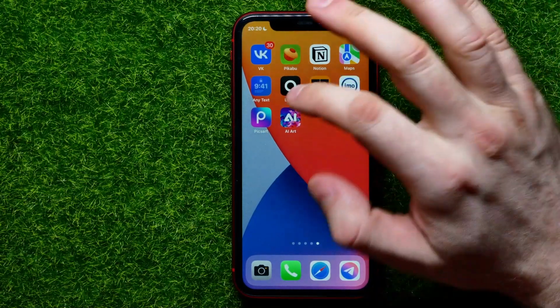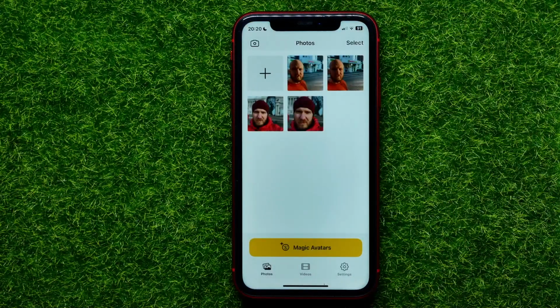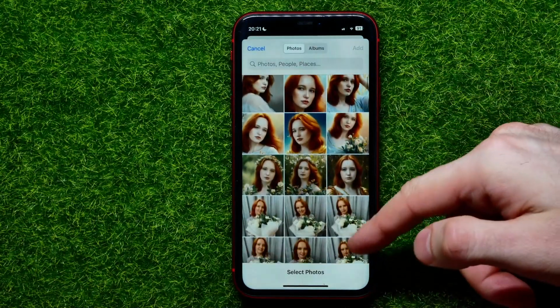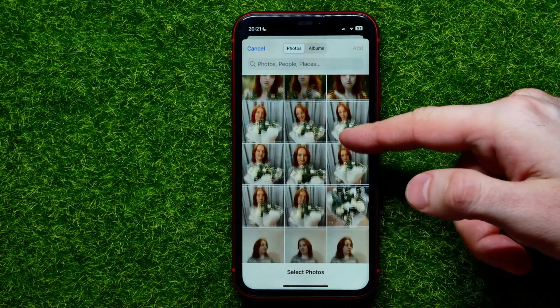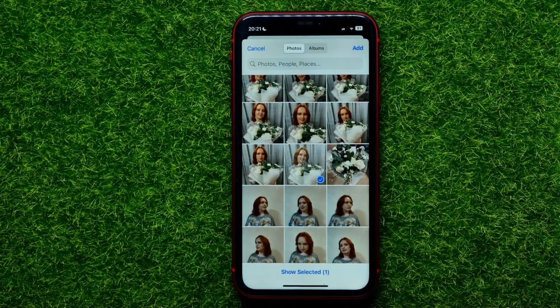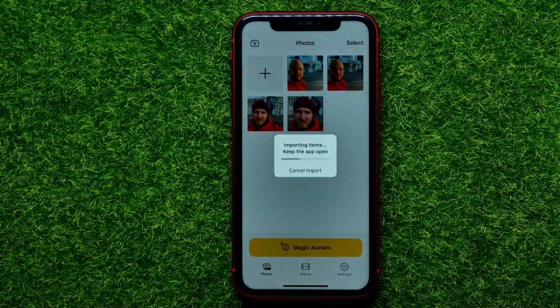So let's begin, and first open up Lensa app. And right from that screen you are able to add your photo to Lensa app to be able to improve it. All you have to do is hit right here at that plus sign, and then you can select any of your photos. Let it be that one, and once you have selected a photo you can just hit on add to add this photo to